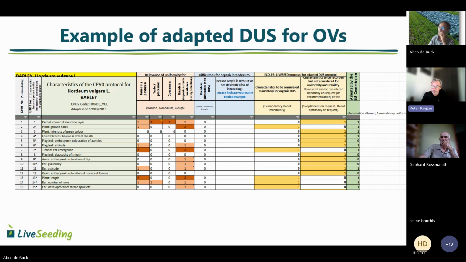It's hardly a variety anymore. But just looking at those that are already agreed, the 6 arable crops and the 4 vegetables, the characteristics are between 9 and 12. And for the vegetables, just checking. Yeah, 7. But then again, Monica, that's the total number of characteristics in which there can be some flexibility.